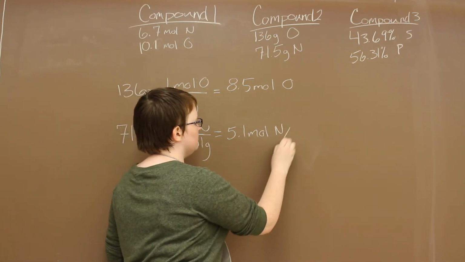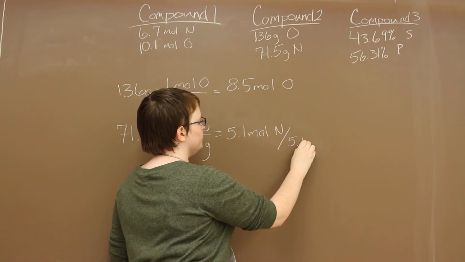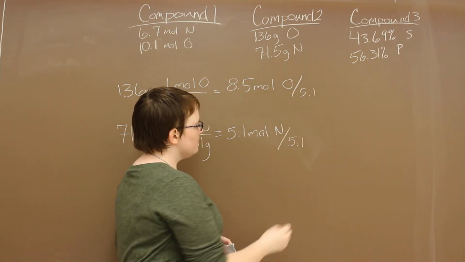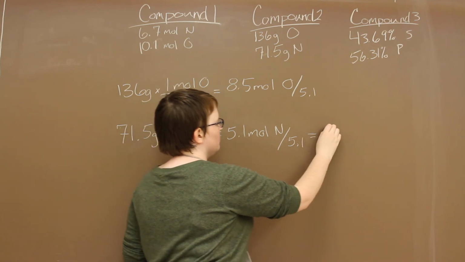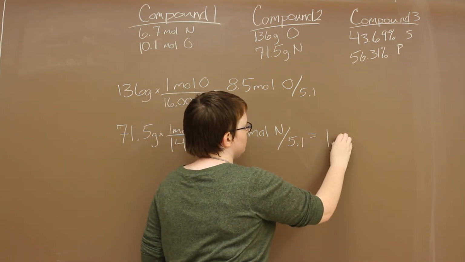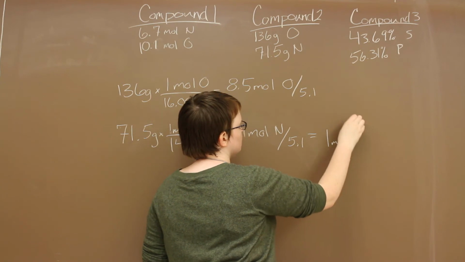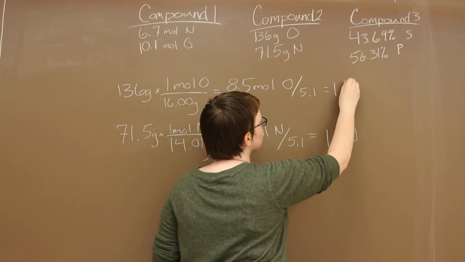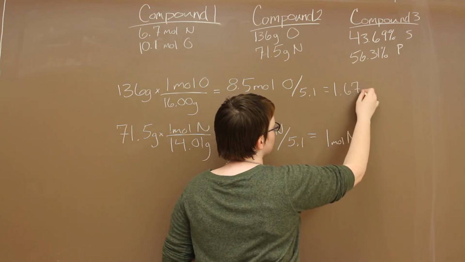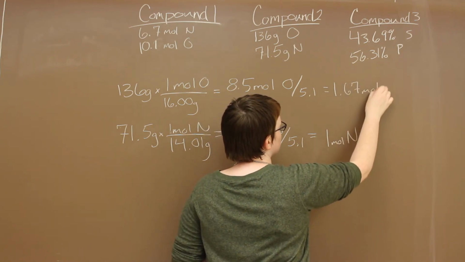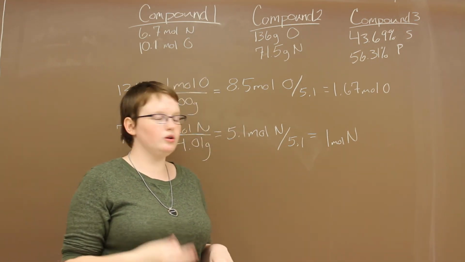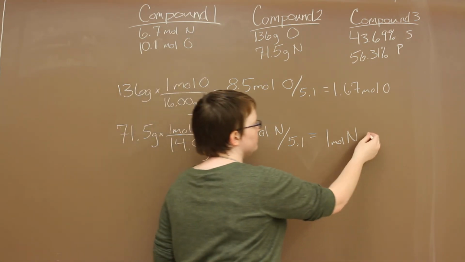So if we divide both of these by 5.1, then we'll get 1 mole of nitrogen and 1.67 moles of oxygen. Now because again we need whole numbers, we'll multiply both of these by 3,